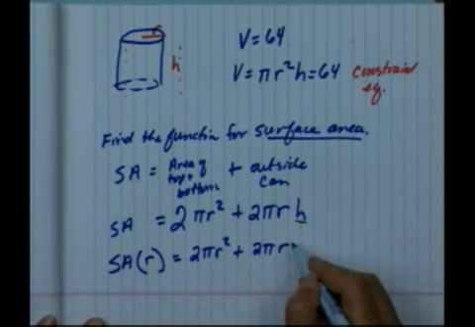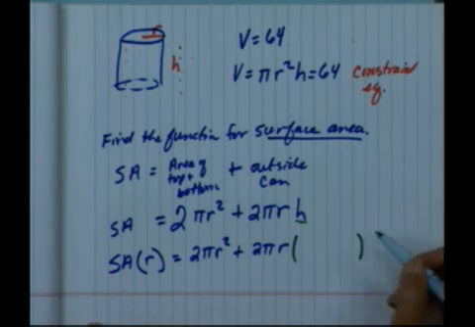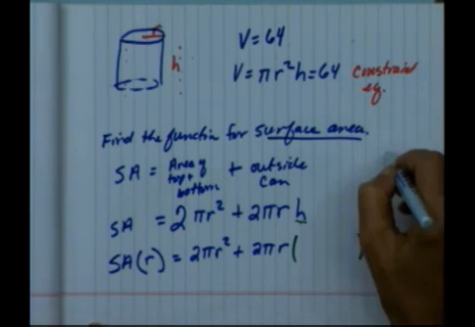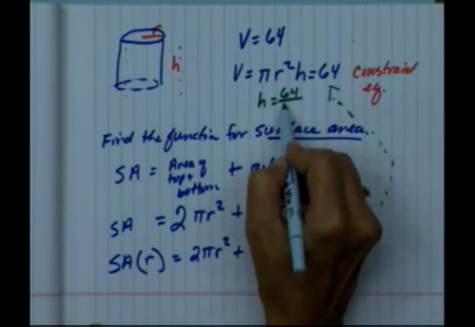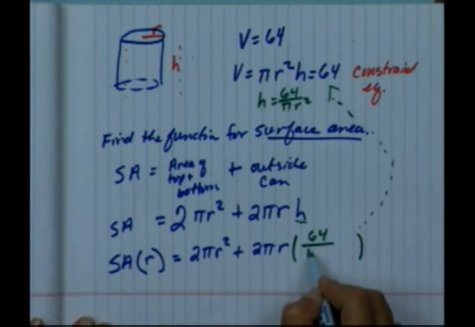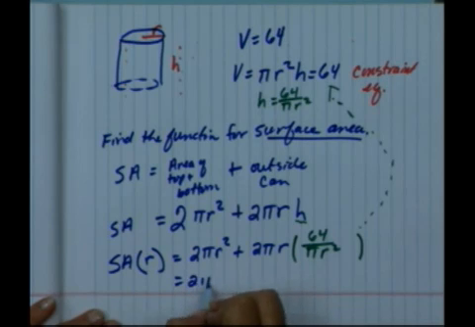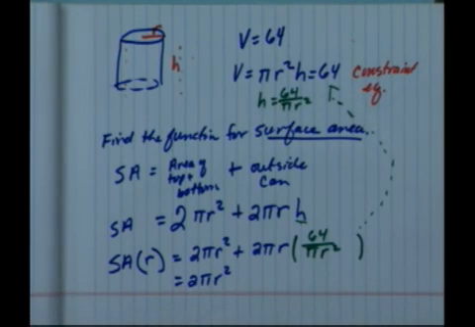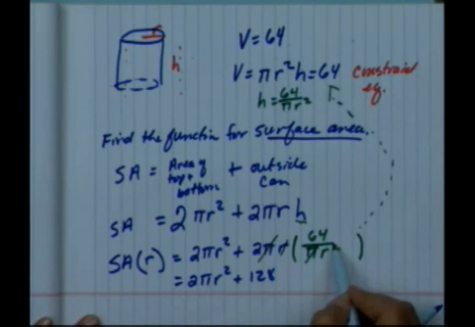And now I need to find an expression for h that relates to my particular can that holds 64 cubic inches. Anybody have a good clue what to do here? 64 divided by pi r squared. Yep. H is 64 divided by pi r squared. And I just come where I have the h now and put in the 64 over pi r squared. Okay, and if you want to clean that up a little bit, that would be great. 2 pi r squared, and then 2 times 64 must be about 128. And it looks like the pi's will divide out. And we have 1 r in the numerator and 2 in the denominator, so it'll just leave us 1 r